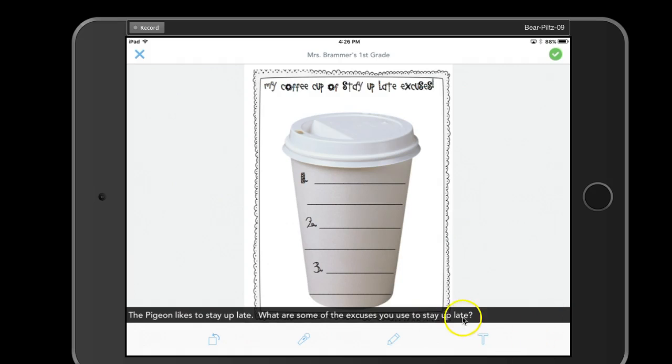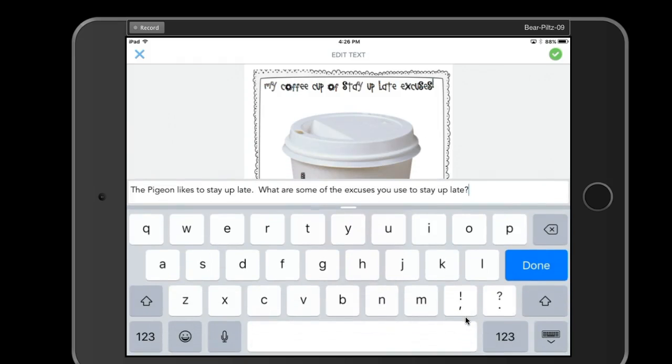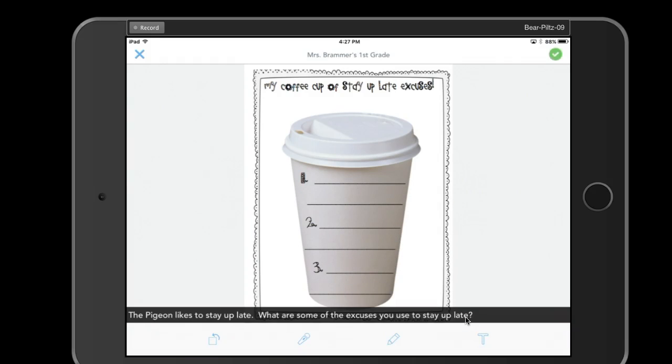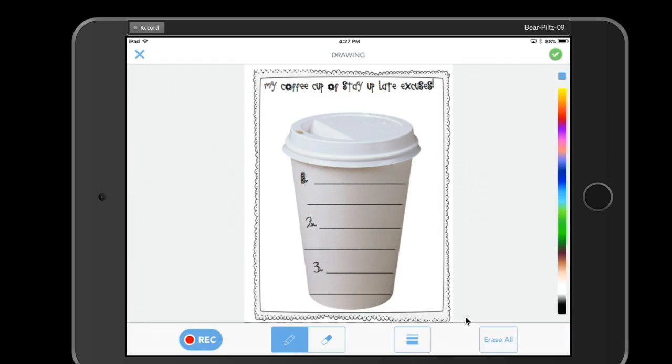And then I want to edit the text that's in here as well. So I could click T and I could open up the text. Maybe you want them to leave it there so that parents know what they were addressing. That's up to you. Now, my other tool here is the pen tool. So if I wanted to, I could go ahead and just use a stylus or my finger and add. So maybe I'm going to say,